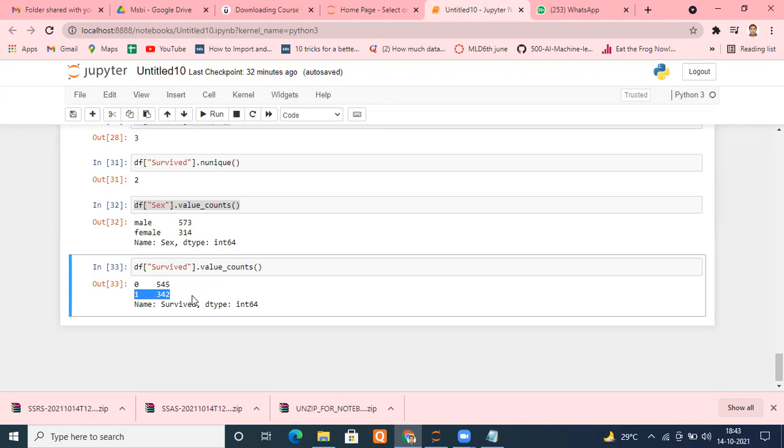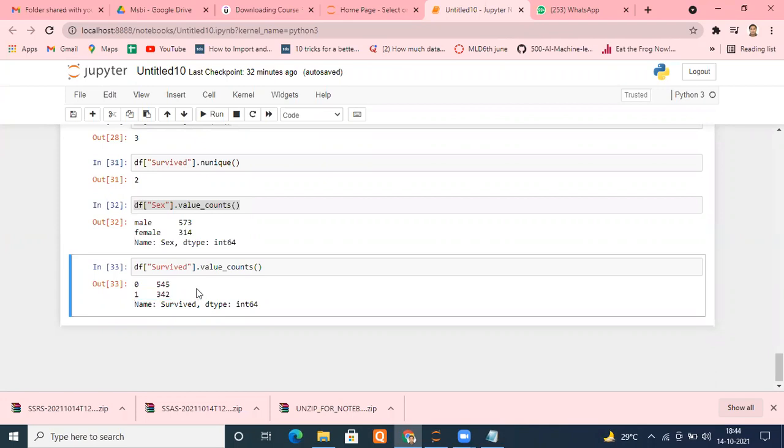If it is not the case, it is known as an imbalanced data set. And if you use an imbalanced data set, what is going to happen? The category with more rows is going to be predicted better, and the categories with fewer rows are not going to perform better. So it is very necessary to check whether your data set is balanced or not.